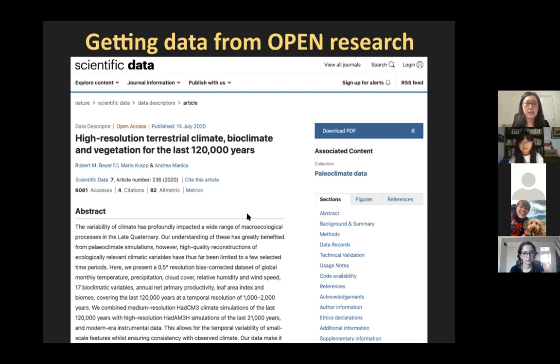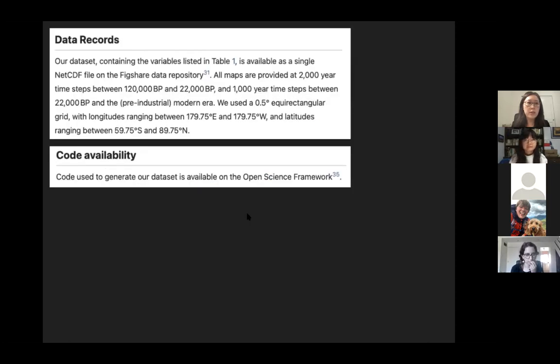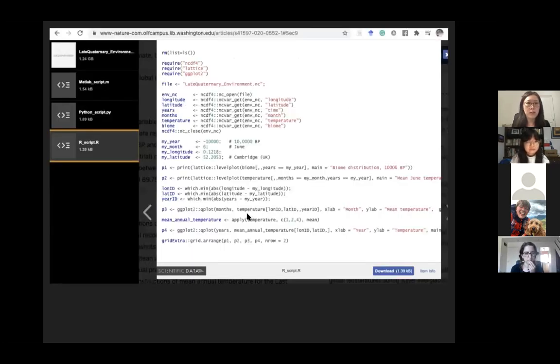You can find this paper online, and they share their data and code so that I can easily adapt it. I found their repository, and you can download the whole dataset, which is pretty heavy, so I couldn't upload it on my GitHub because it's super heavy. I also downloaded the R script and then converted it to my data and my time periods.